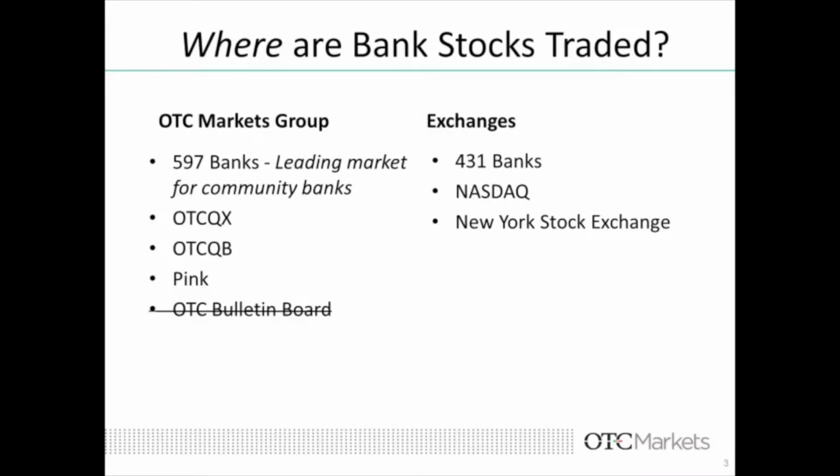When we look at the capital markets for community bank stocks, we can really break it into two large segments. We have the exchanges and the OTC markets. The exchanges include the New York Stock Exchange and NASDAQ, where about 400 of the publicly traded banks are listed. The remaining 600 banks are traded on the OTCQX, OTCQB, or Pink market, and are all operated by the OTC Markets Group. Over the past decade, the OTC Bulletin Board has really gone the way of the dinosaur from lack